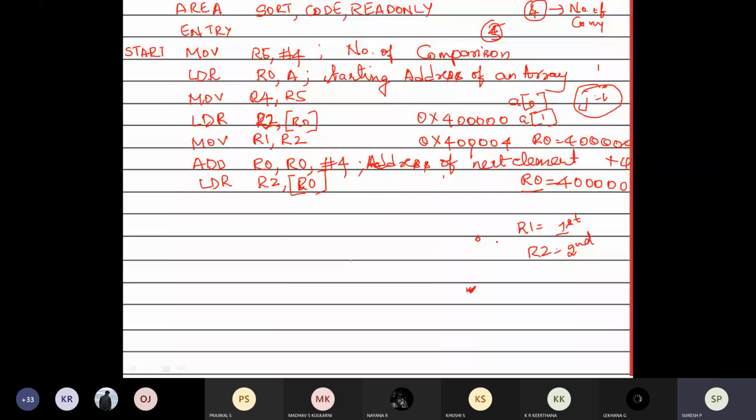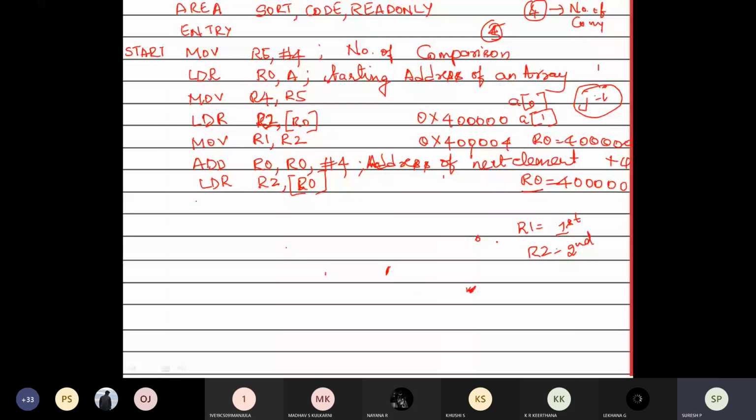Now what do I need to compare? The if condition starts now. I need to compare R1 and R2, whether which one is greater or lesser. So I need to compare the contents of R1, R2.